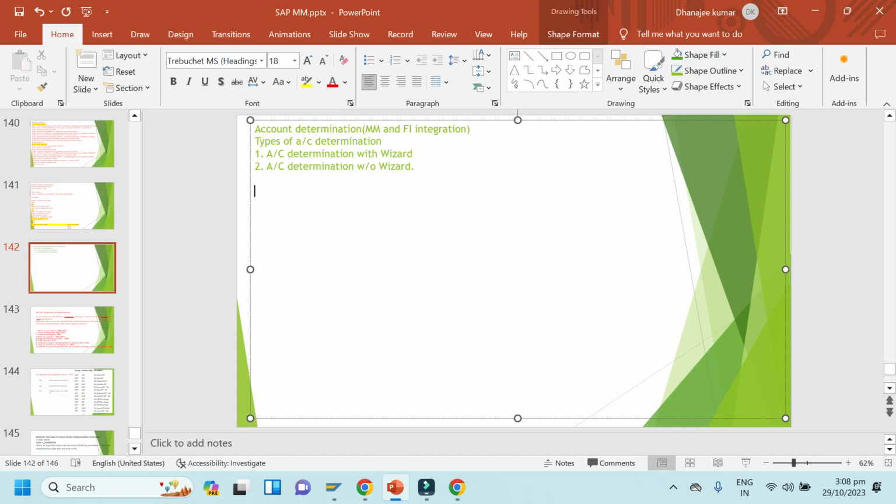So we can give a heading here like account determination without wizard.